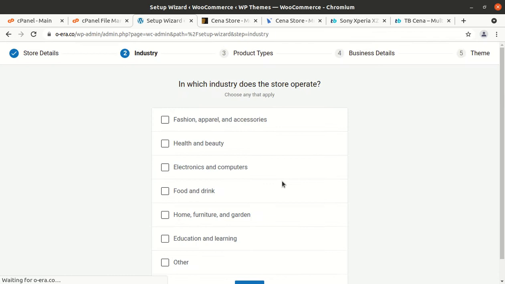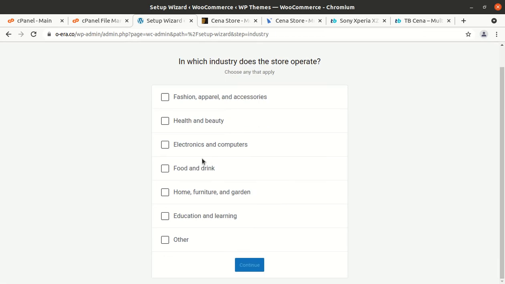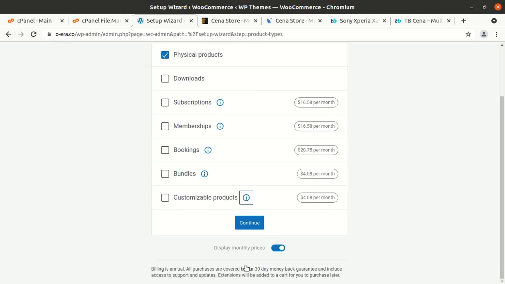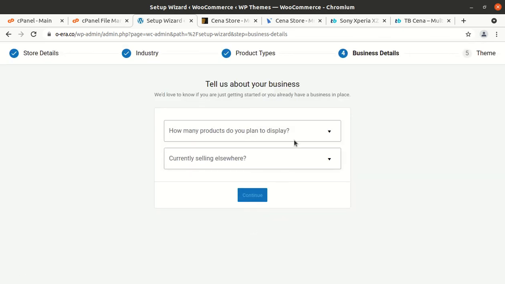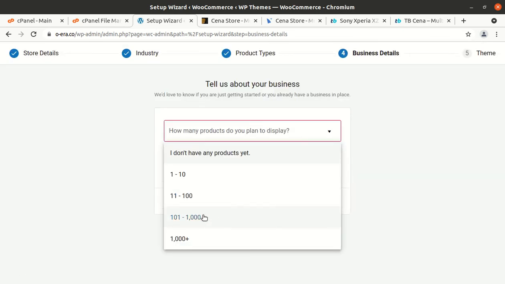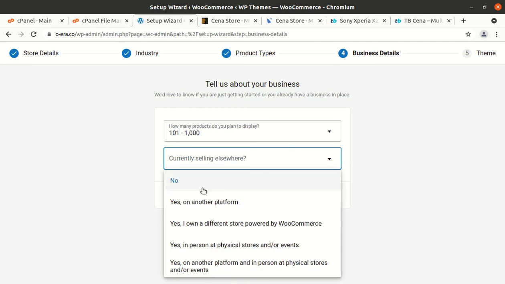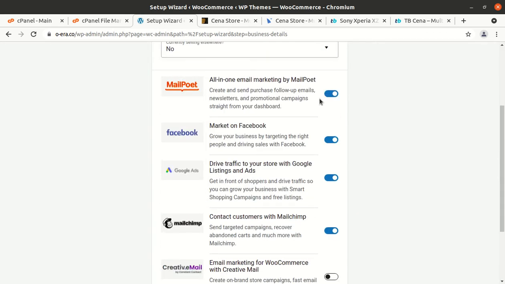Just complete the process and follow all the screen instructions. Choose the applicable credentials for you. No need to install these additional plugins.